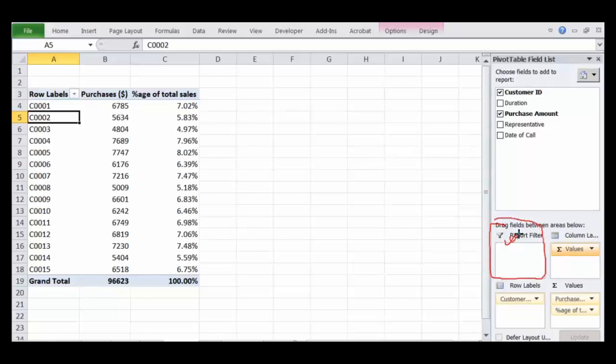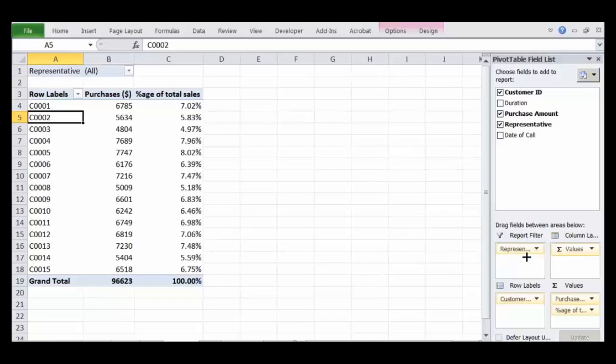This report filter can be used to filter on the basis of representative, date, duration, whatever you would want to do, right? But it makes sense to have an idea about how each representative is serving the customer. So again we can select, drag it, and put it here, right?